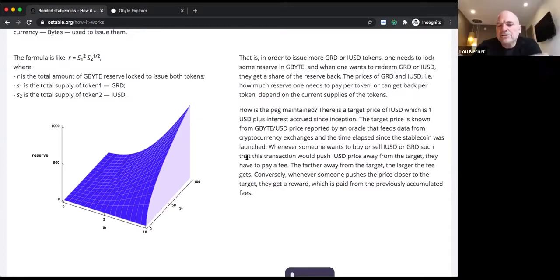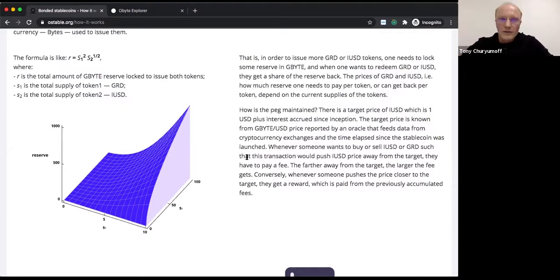But I assume there's no arbitrage opportunity. In other words, if you buy tokens and then you sell them back, the curve would have them at the same prices. You wouldn't be able to generate profits just by trading back and forth over the bonding curve. Oh, well, there is an arbitrage opportunity because